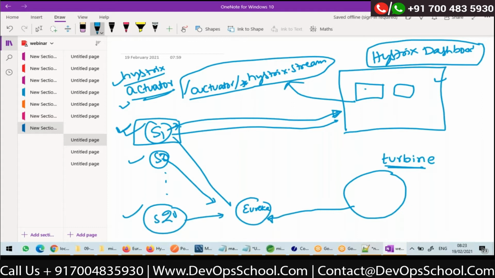Then we can configure turbine application in such a way that it will look up Eureka for, let's say, service 1 and service 2, read their streams, read the streams of those service 1 and service 2 from Eureka, and it exposes one more thing called as /turbine.stream.